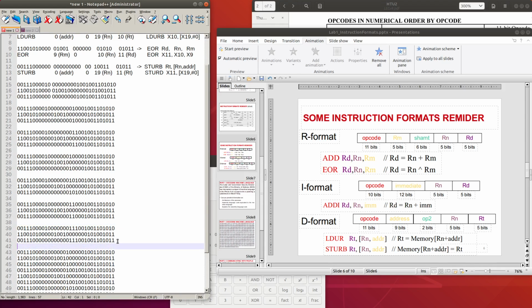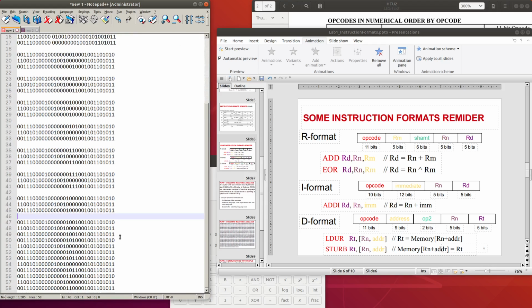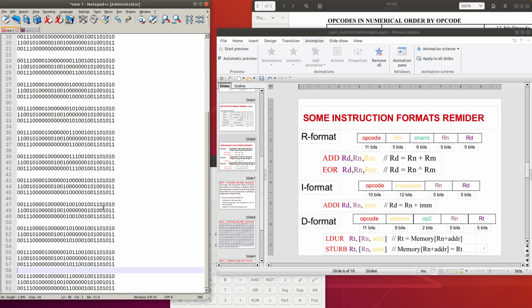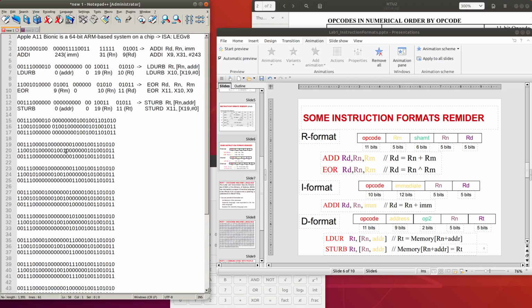So we can have many groups of 3 instructions: load from memory, then exclusive OR with some number, and then store it back into the memory.